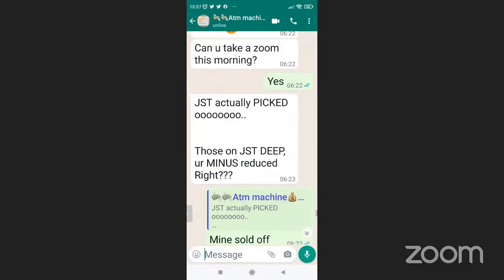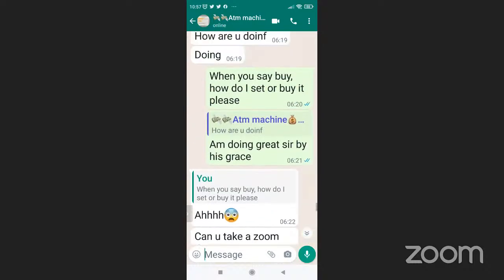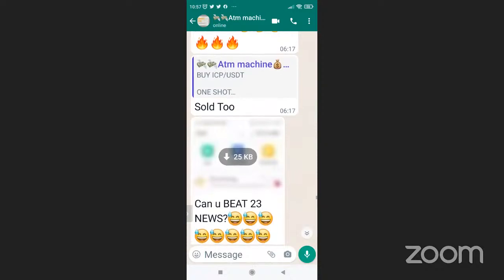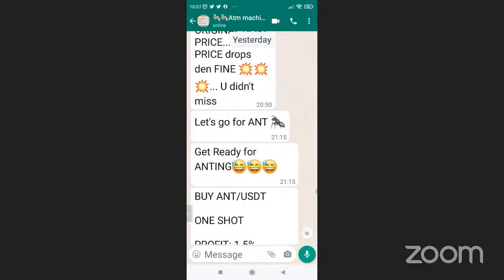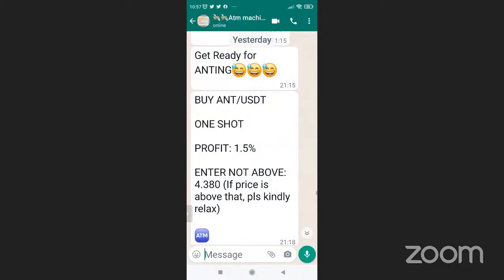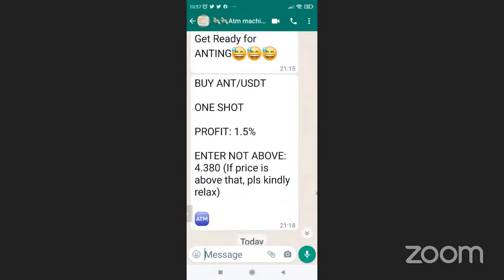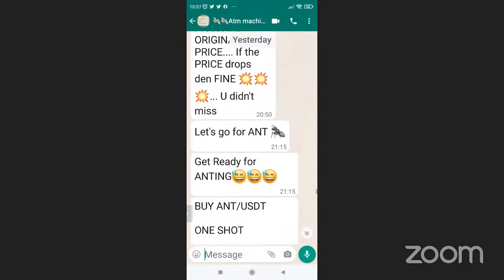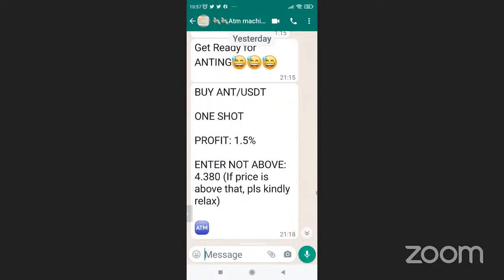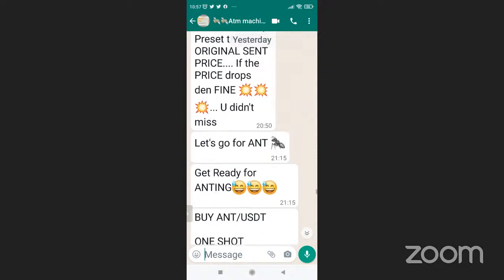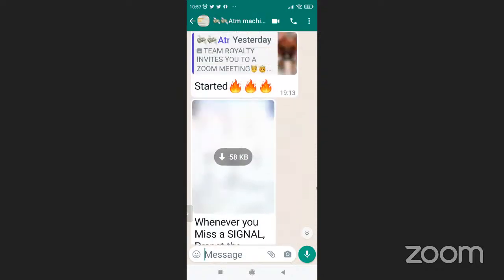This was another one. This one is another one. Enter not above. This one is like the preset one though. Oh, okay. This one they say, okay, you understand that one? Yes, you understand this one. Say if it is above, we should not just go there. Okay. All right. The one I'm looking for now is